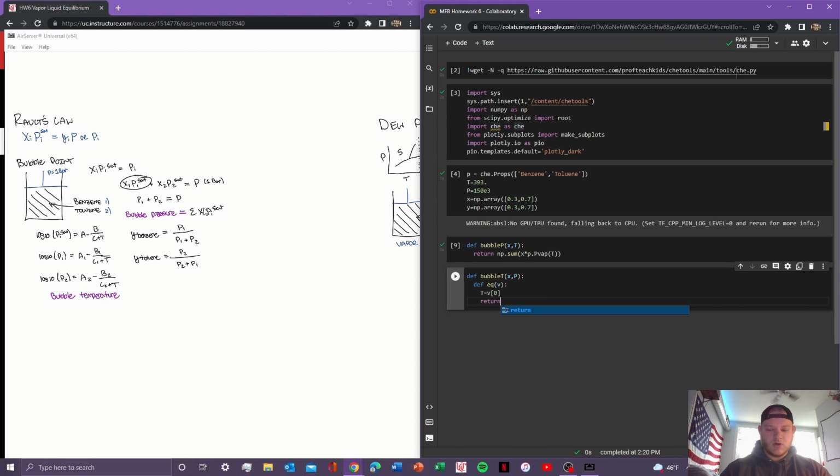So we need to return an array that the bubble pressure of X and T minus P. I believe that's correct. And we just need to return